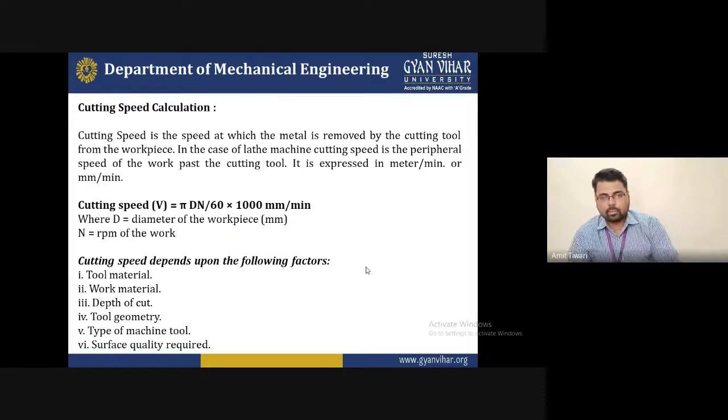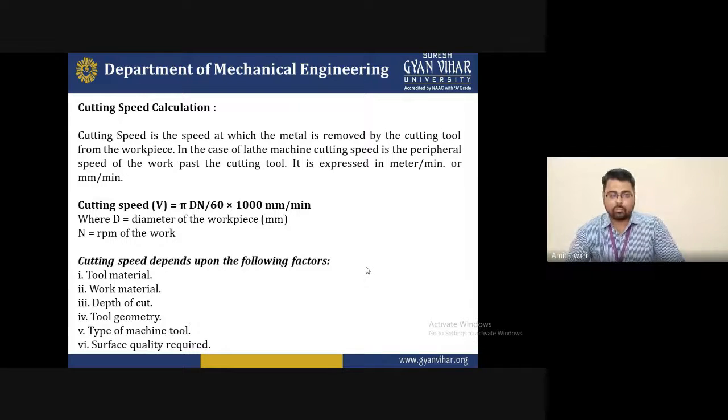So the cutting speed depends on the following factors. Basically, the first is the tool material. Tool material is the most important to identify. I have told you this many times. And once again, before starting the machining, first of all you check the material of the workpiece, and after